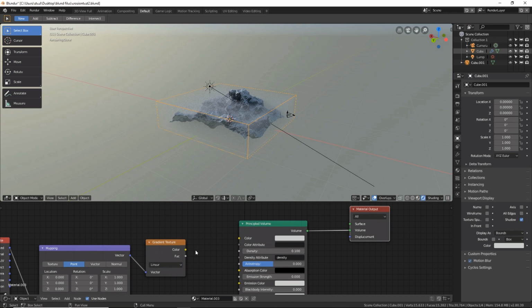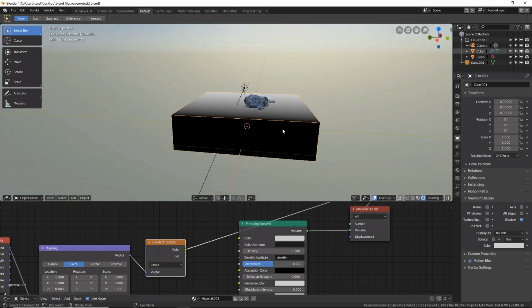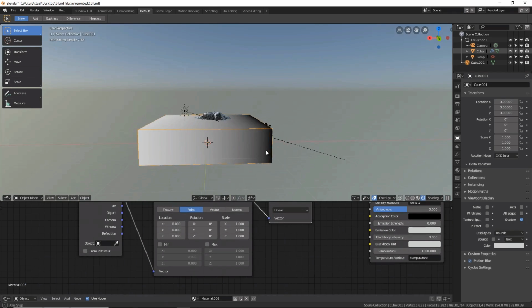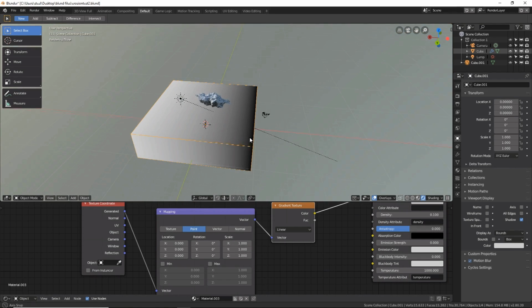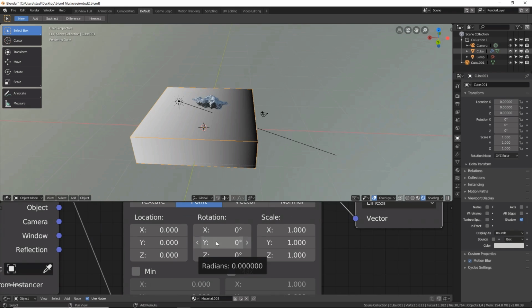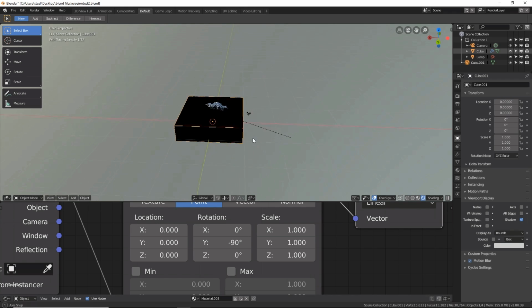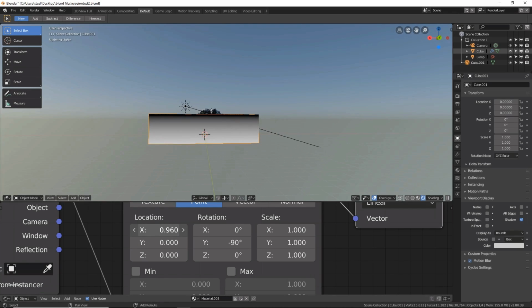So with it, we can just do Control plus Shift and then click on the gradient texture, and we can see what this actually looks like. And what this is, so far this is not what we want. We want the gradient to go from the bottom to the top, not from the front to the back. So we'll rotate it on the Y, in this case -90. You can just type that in, and then let's move it up on the X